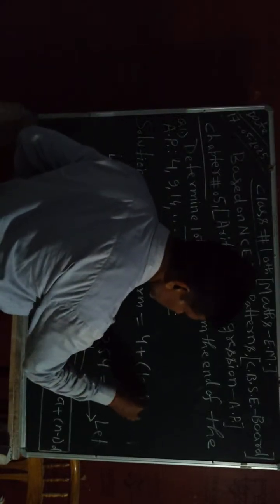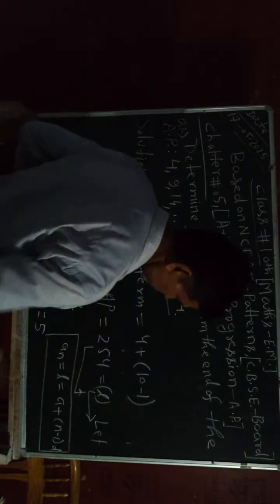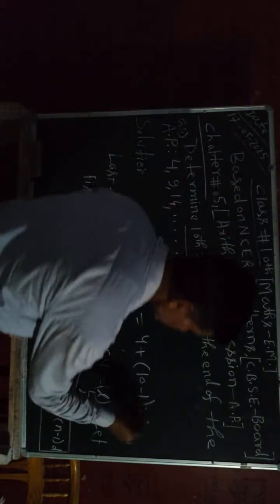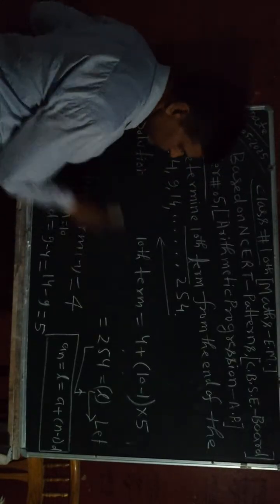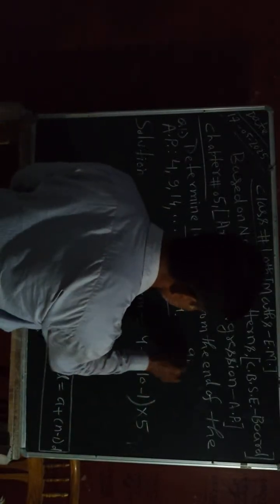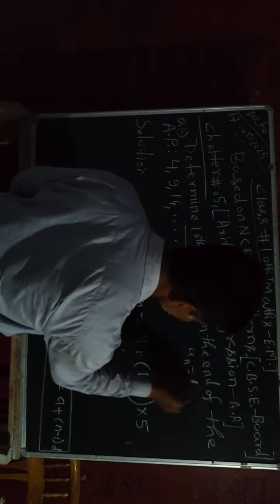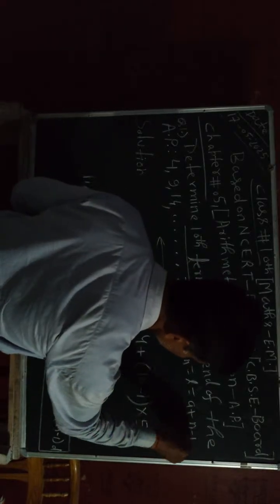After putting 10, I will subtract 1, and then I will put the value of D, which is given here, that is 5. I will put here 5. After putting its value, I will simplify. Now I am going to erase the remaining data, and this nth term I am going to write here. This formula is important, and each and every student has to remember it for calculating any question which is